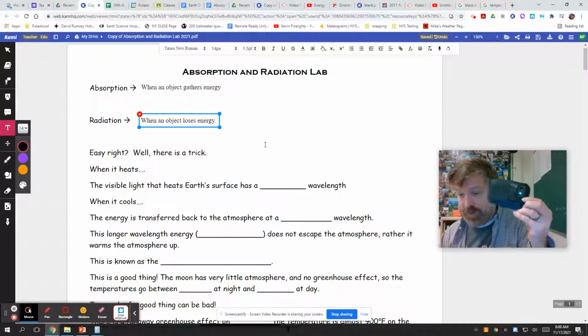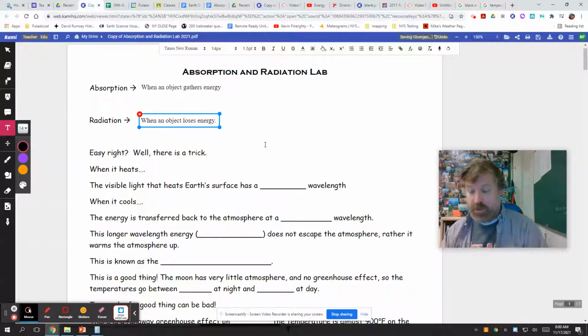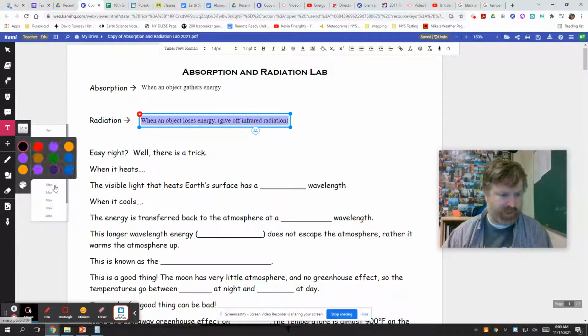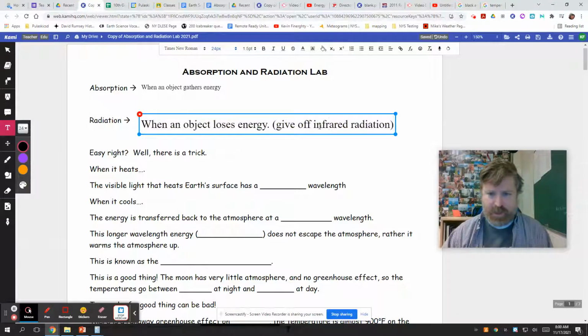Now I found my infrared camera, though I haven't found a charger. I've got to get it charged up, and I'm going to have people play with this for a few minutes during class. Walk around, check some things out, because what we want to see is that when objects are losing their heat energy, they give off infrared radiation. I guess I've got to make the whole text box big, but let's make the spelling of that infrared, INFRARED,